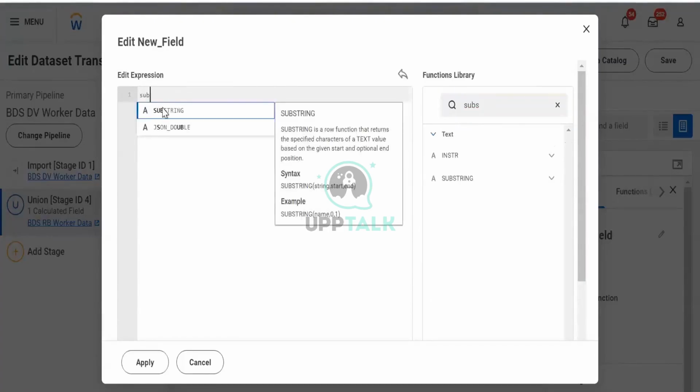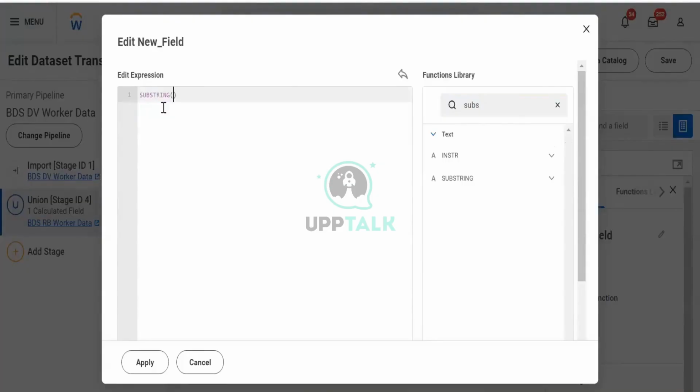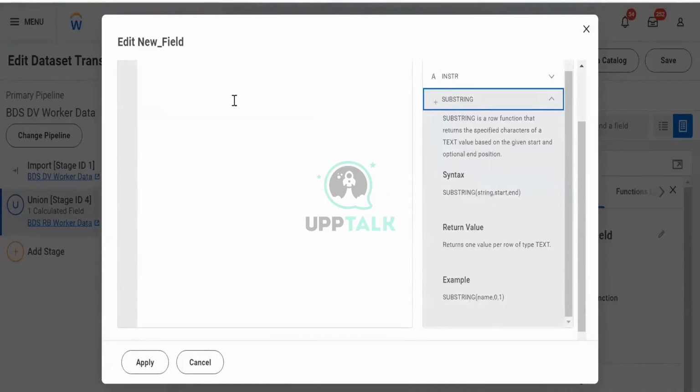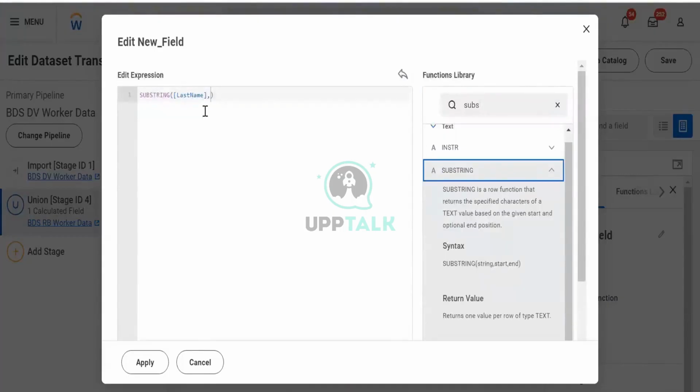Substring, it will pop a substring. It will give a tab and it will give us a bracket. In the bracket, what we will enter is the last name in square brackets, and it is asking from where to start and where to end. It should start at 0, the absolute number over here, 0 comma 1. It should end at 1. And when we apply,